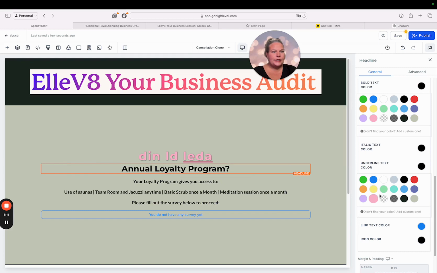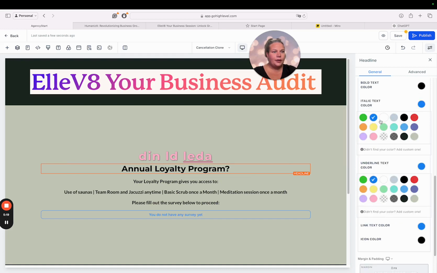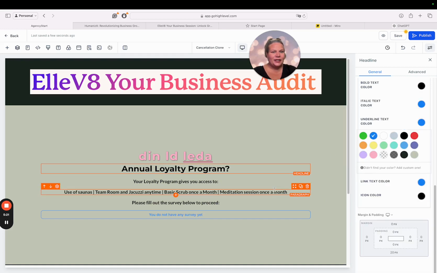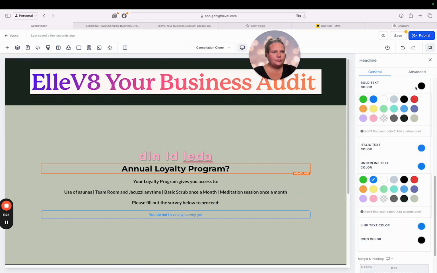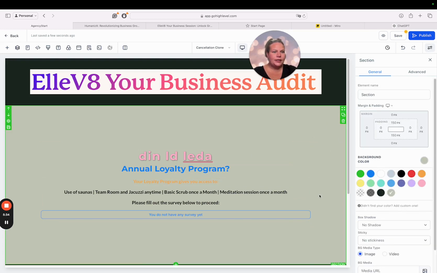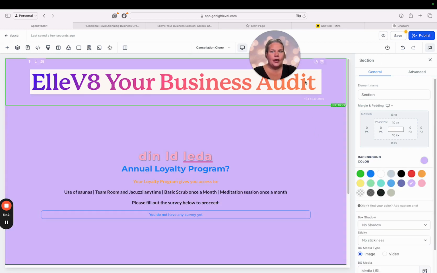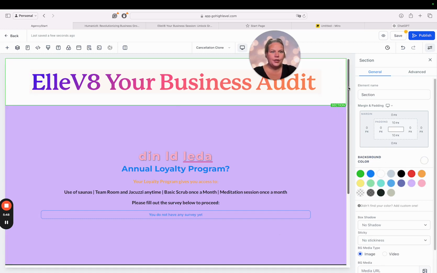You then could go into here and this could go blue. This might be, click on the right one, blue. So it's bold. This one you might want to change to orange. You can play around with it. You can look at the background colour, so currently it's a grey colour, we might want to change it to a purple. We might want to change this to a purple too, so that we can have it all unified, or you might want to keep that as something else, and that would be how you would change all of